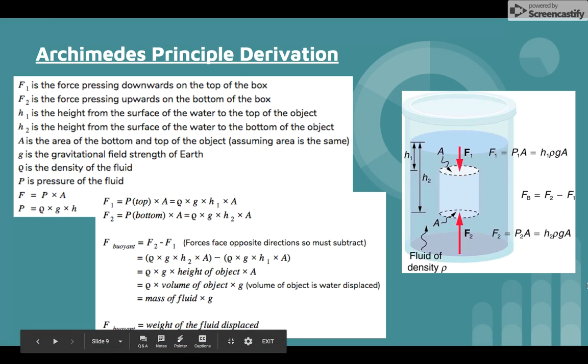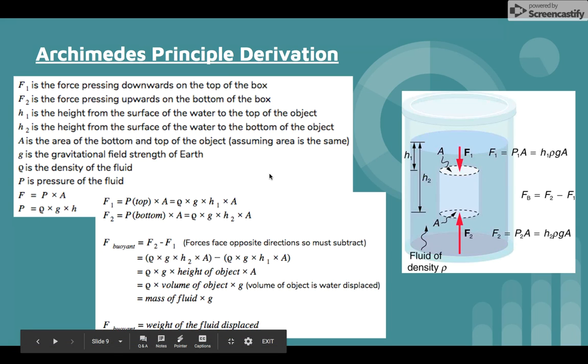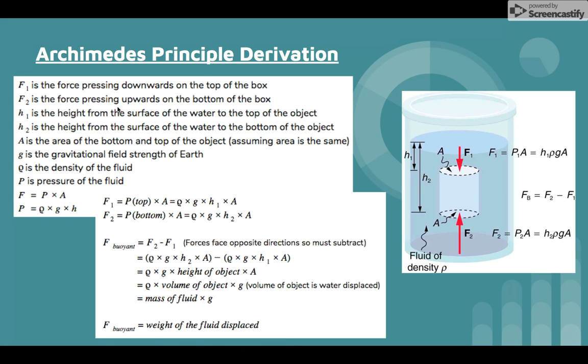Okay, so let's derive Archimedes' principle using F1 and F2. We can say that F1 is the force pressing downwards on the top of the box, and F2 is the force pressing upwards on the bottom of the box. To derive Archimedes' principle using F1 and F2, we have to understand that the force acting on a specific section